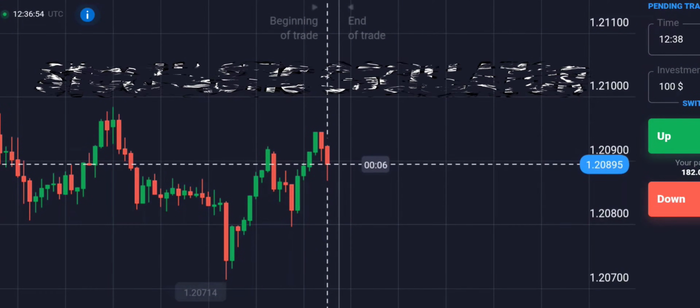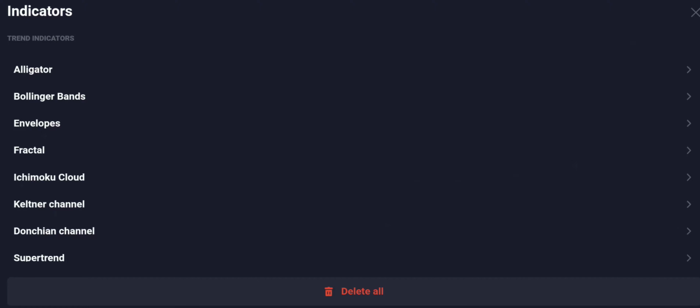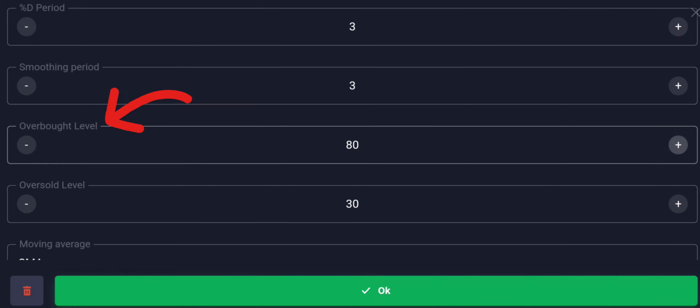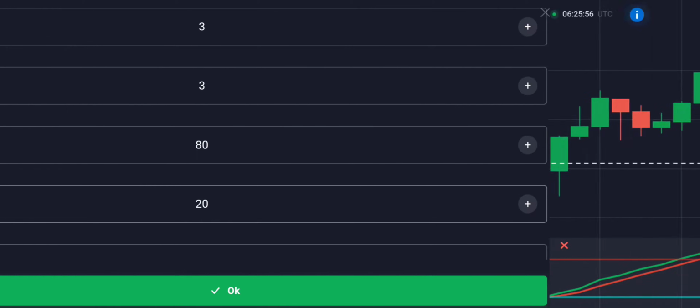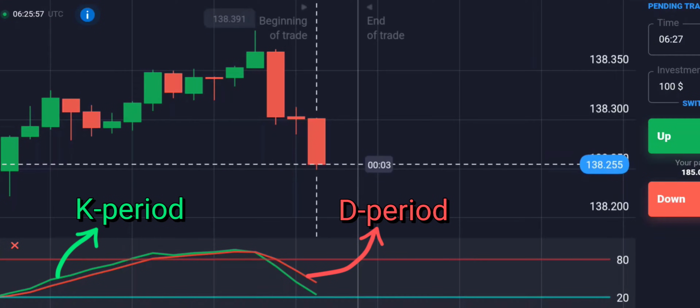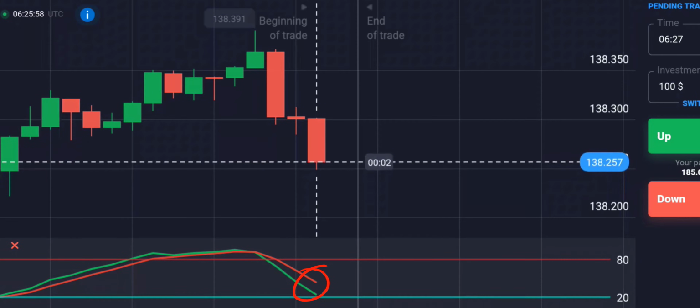This strategy works well in 1-minute timeframe. Select the stochastic oscillator, then change the overbought level to 80, and oversold level to 20. K period, D period. We are going to place the trade only when these two lines pass between overbought and